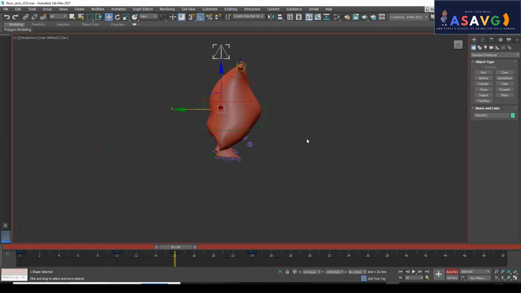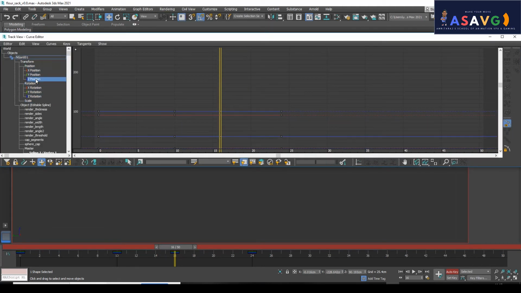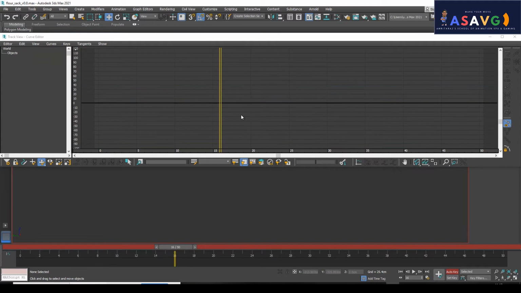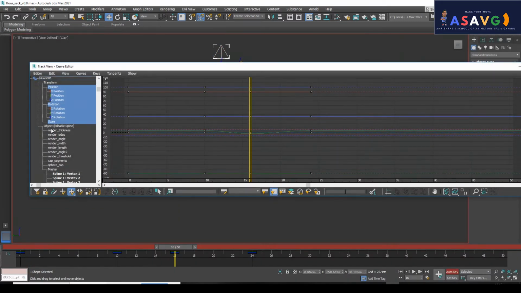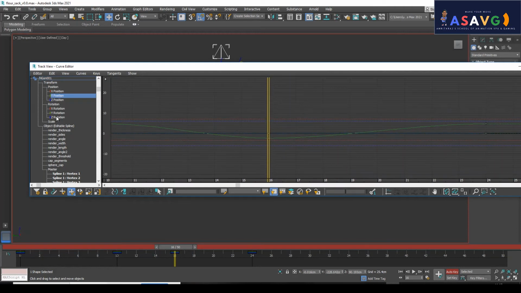So I will be tweaking with the graph editor. Go to the curve editor, just go to the area I want. I will click here and check which is our area. Just click the control, select Y, and zoom in.